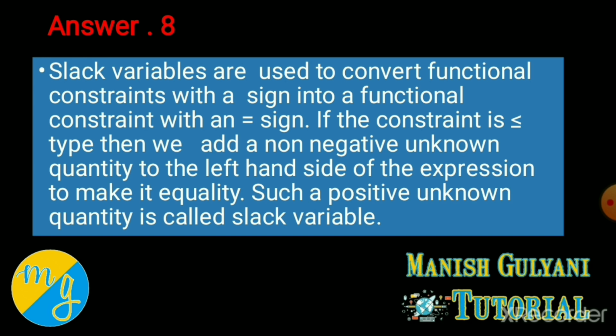So whenever the case is less than or equal, you have to add some variable. It's the second step of linear programming under the simplex method: convert all the inequalities into equalities. Whenever your constraint is less than or equal, you have to convert the inequalities into equalities. Then you have to add s1, s2, s3 in each constraint. So that is a slack variable.